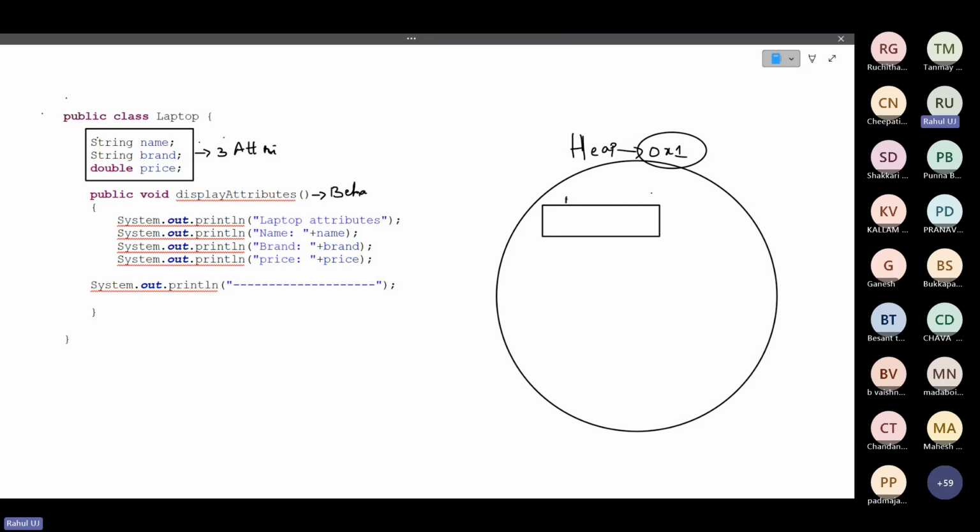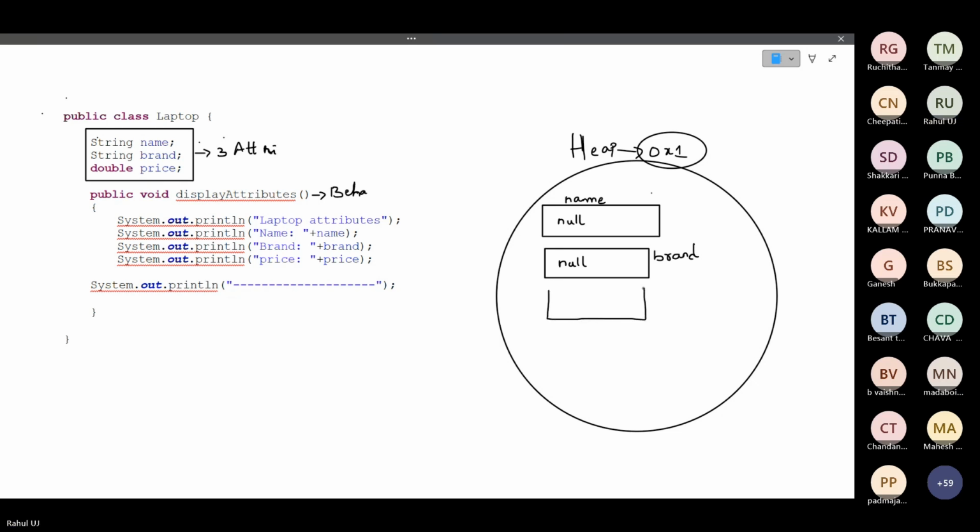So this will be name, data type is string, that is why it will be null. Next, your dabba is brand, data type is string, that is why it is also null.